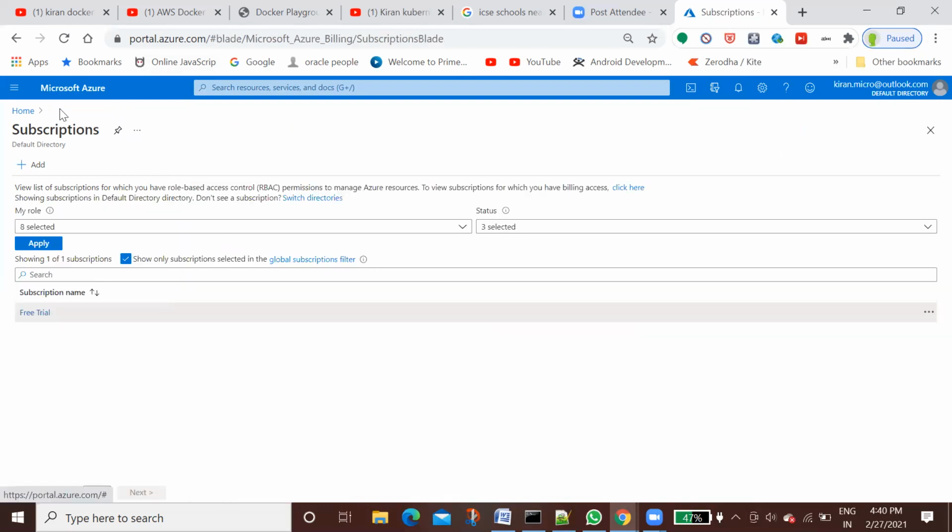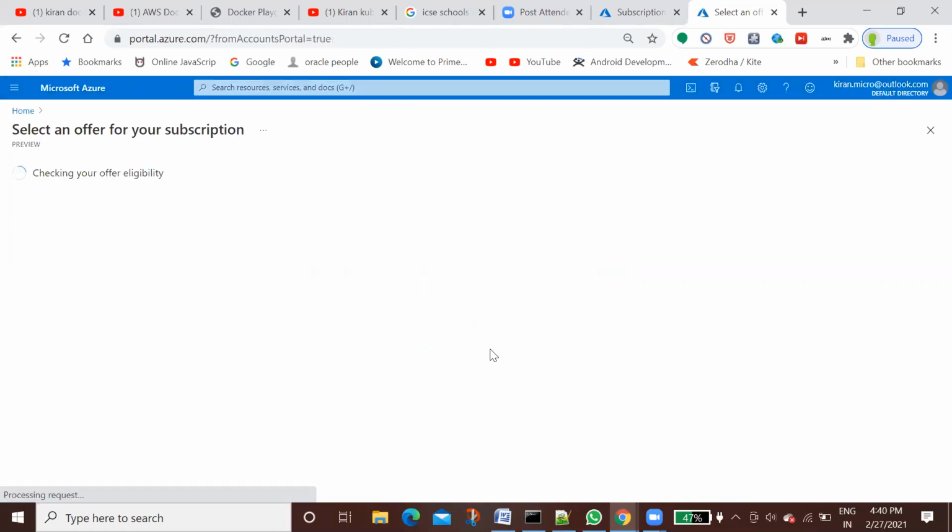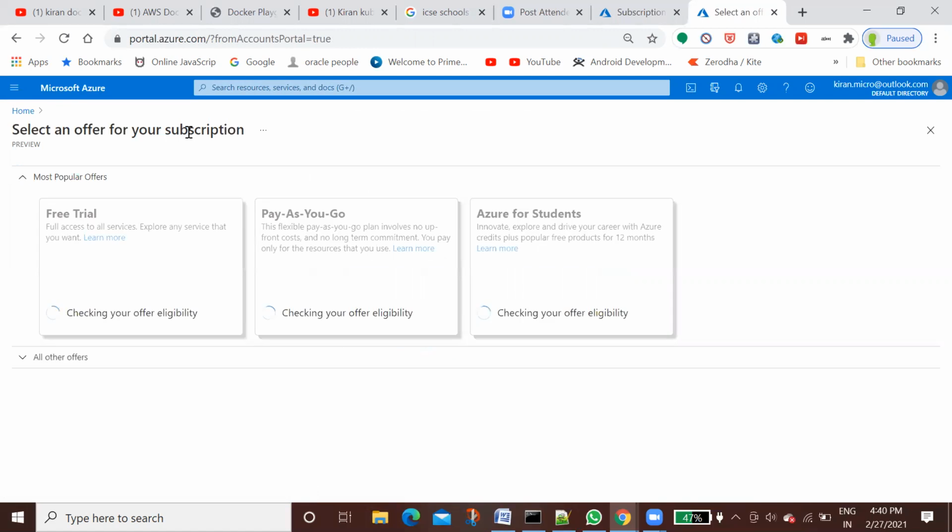So you can go to subscription, click add, and now you have a few offers which you can avail of. Your free trial you are not eligible for, right? Yes, already completed.